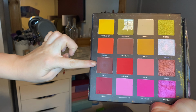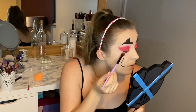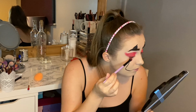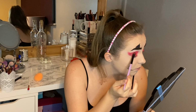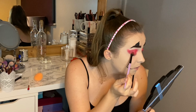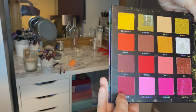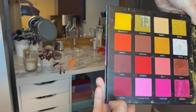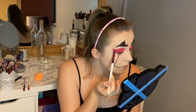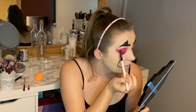Now I'm going to take the dark brown shade, which is Muse, and I'm just going to use that on the outer wing section of the eyes just to deepen that up. Taking a much smaller brush this time though. So that dark brown shade, for whatever reason, is not blending very well on the eyes, so I'm just going to take the shade below it, which is Mini, and I'm just going to use that on the outer corner instead. So I've built that burgundy shade up quite deep in the crease because I want the crease to look quite dark,